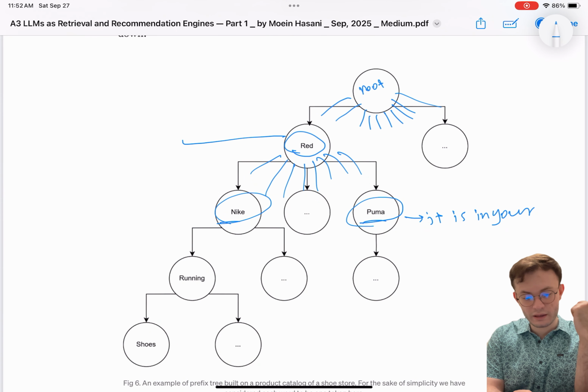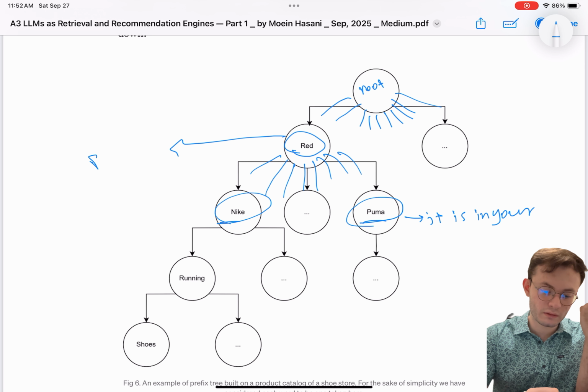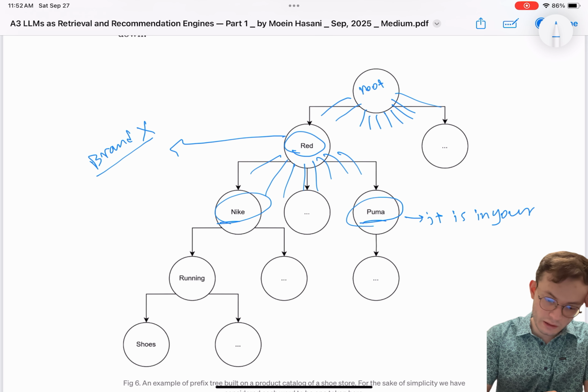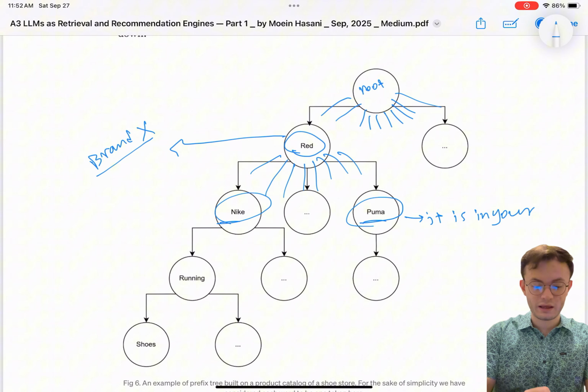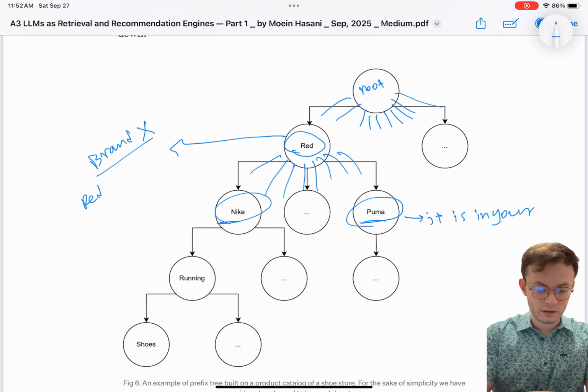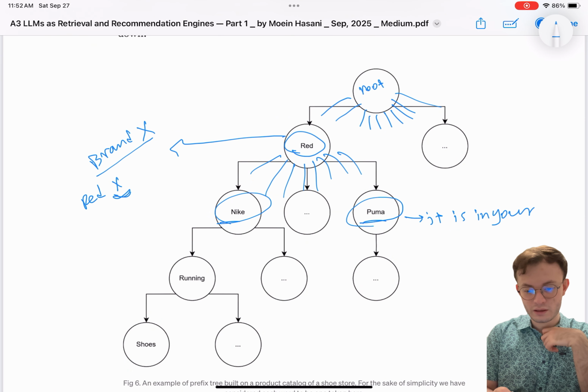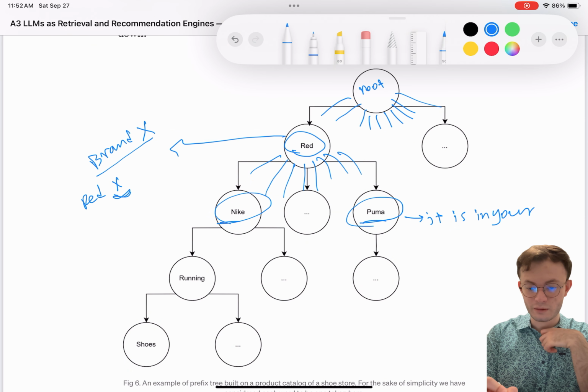brand X, right? And brand X doesn't exist in your database. So what happens? The LLM wants to say a red X running shoe, but X is not possible for the LLM to select from, right?